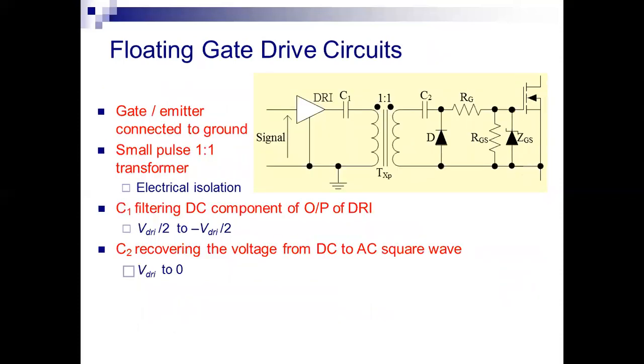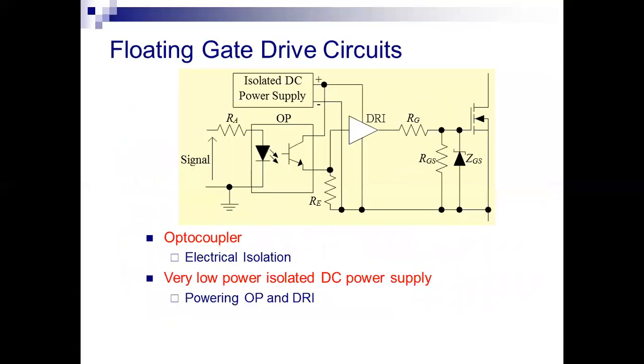Next, the gate emitter is connected to ground, with a small pulse, using a 1 to 1 transformer, so an equal transformation ratio, that is an isolation transformer. C1 filters the DC component of the output of the driver, and C2 recovers the voltage from DC to an AC square wave, that is up to 0 volts. If you consider that